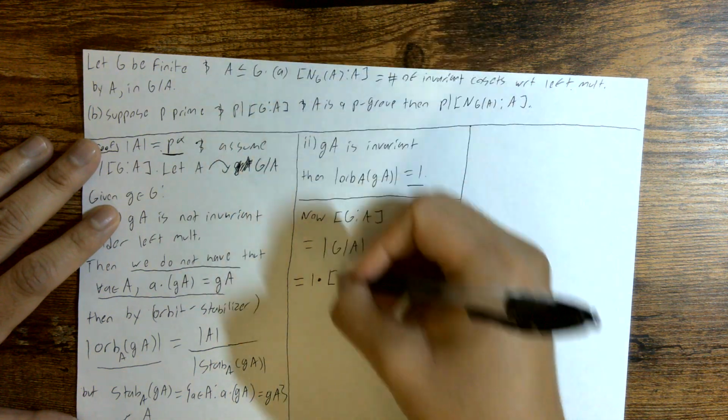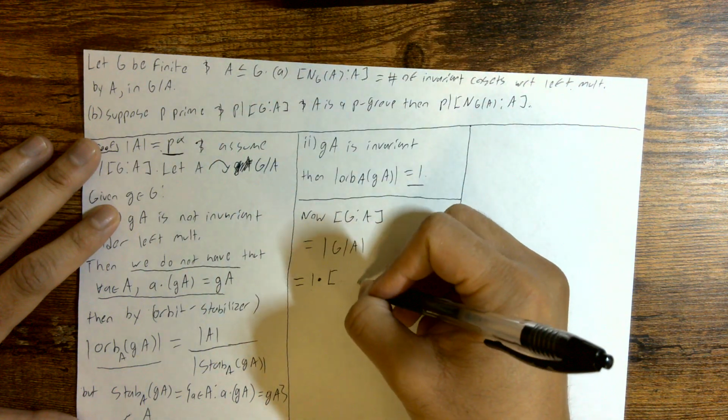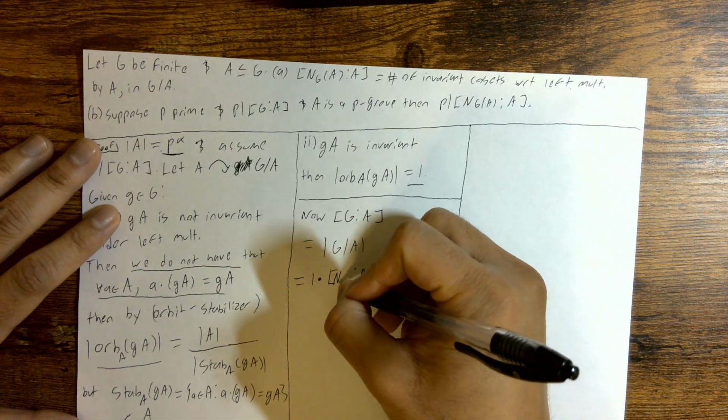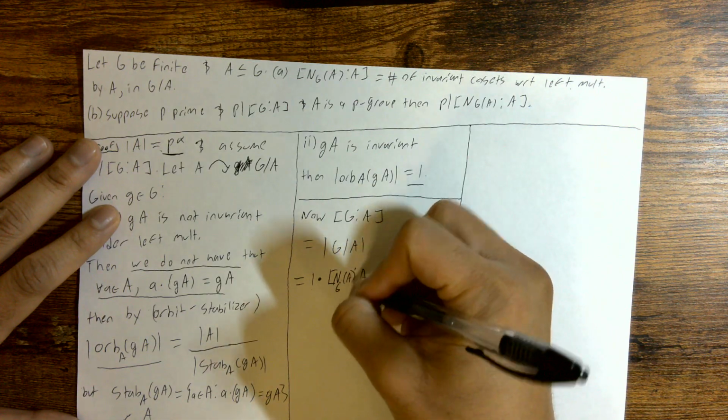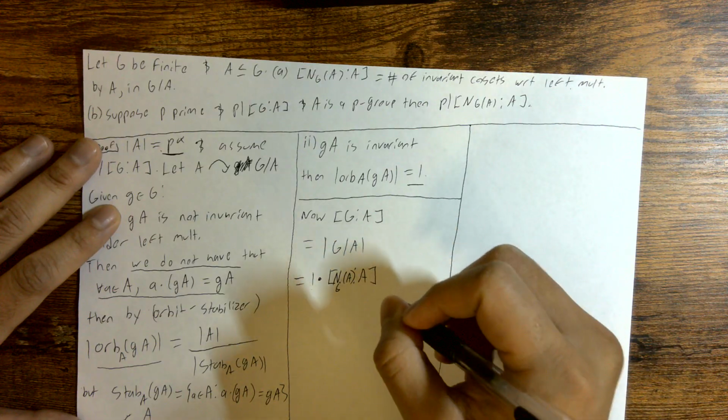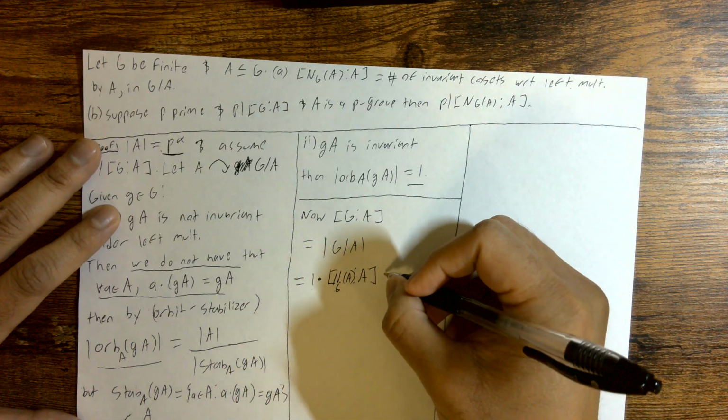And that is the index of A in its normalizer, plus